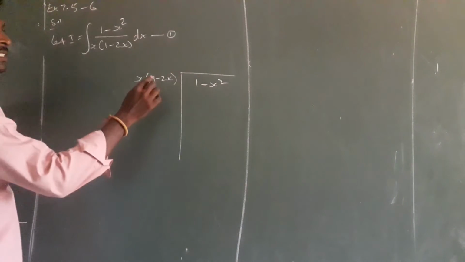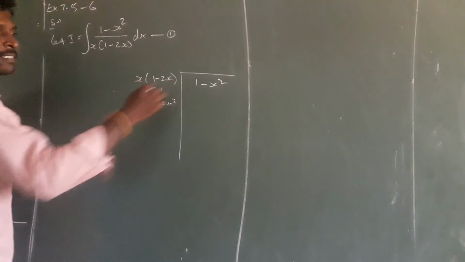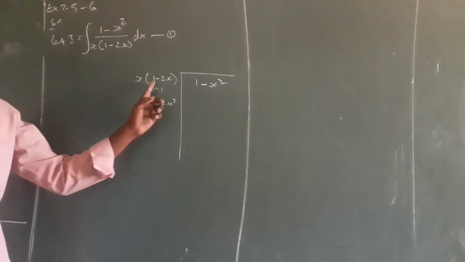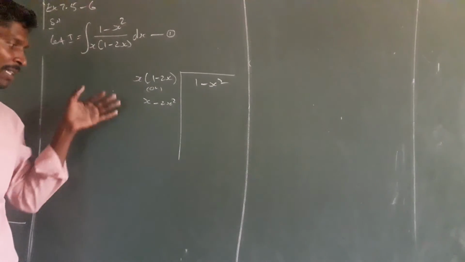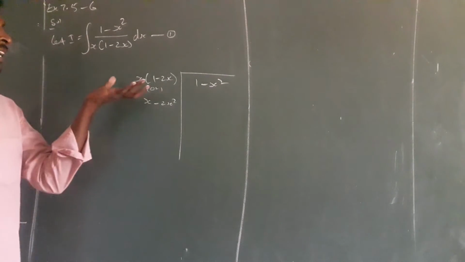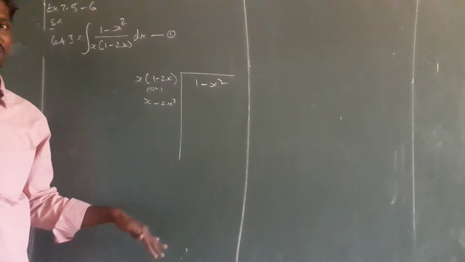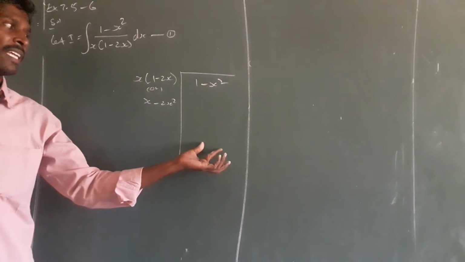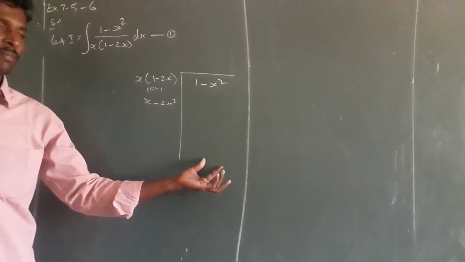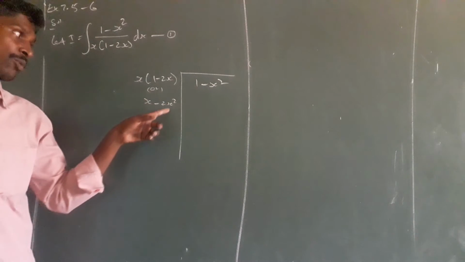If you want to divide this, you multiply the same term, x minus 2x squared, and write it inside. So 1 into x, minus 2x squared will come. How to divide? When you divide numbers, the value decreases. Here, when you divide, what happens to the degree of the polynomial? It decreases. After dividing, I want to get at most x to the power 1, or without x. Here x squared is there, here 2x squared is there, so I want to remove the x squared term.